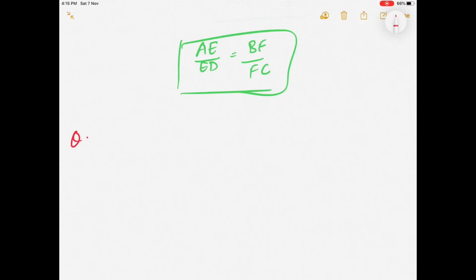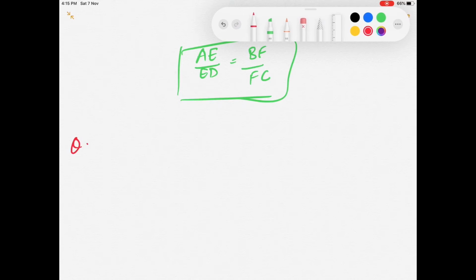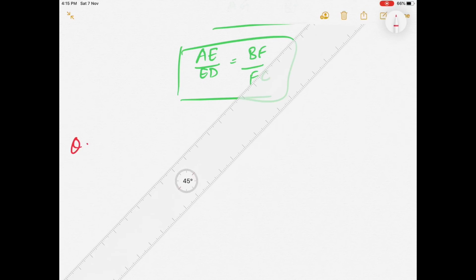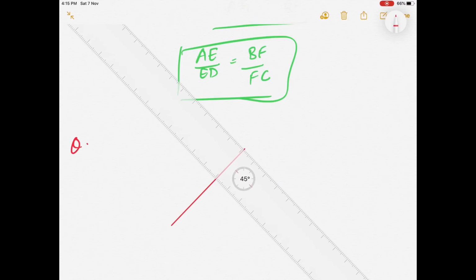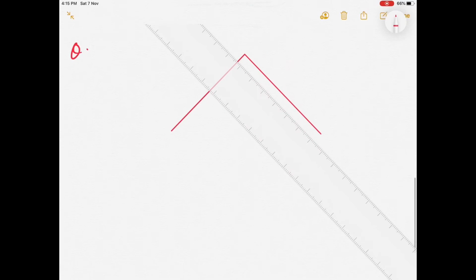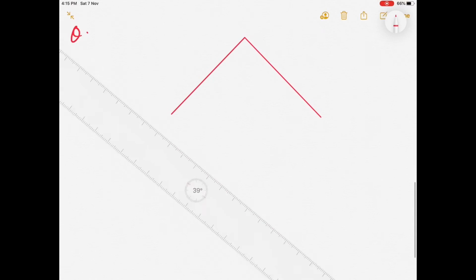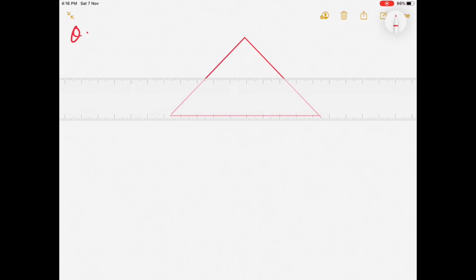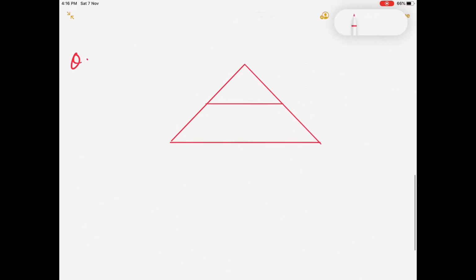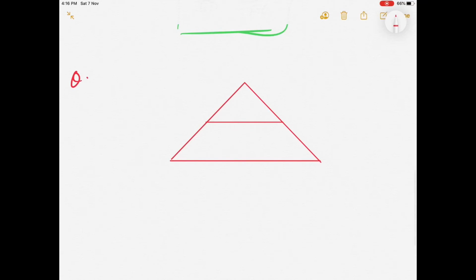Now let's jump to our next question. In this question, the question is saying to draw a triangle first. So let's draw this triangle. Now this is our final triangle, and let's join these two lines also. Now this is our triangle